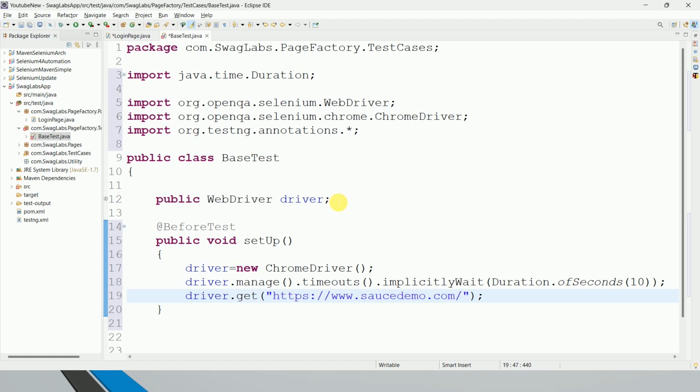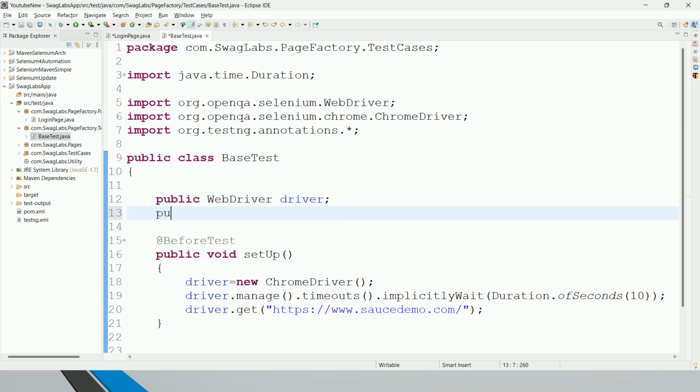But if you remember, I have already discussed a few things. Whenever you design any page object, it is a good practice to create it inside the base class. Why is it so? See, if you are creating multiple methods, multiple test cases in your test case class, right? Then in every method or every test case, whenever you try to call any method from the page object, it will ask you to import, or it will ask you to again and again create an object for that same page. So instead of creating an object for the same page in every test case, better we can create the object here. Public,